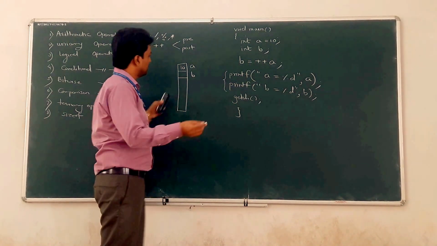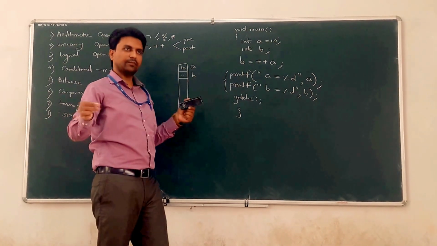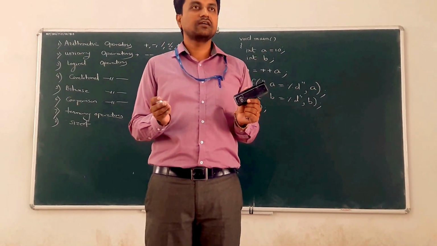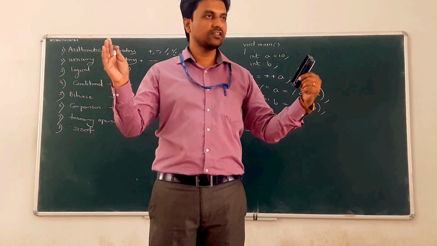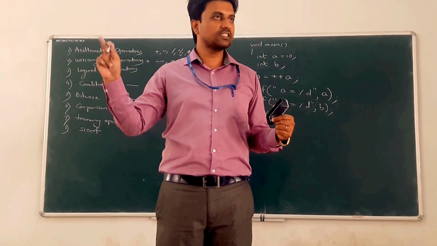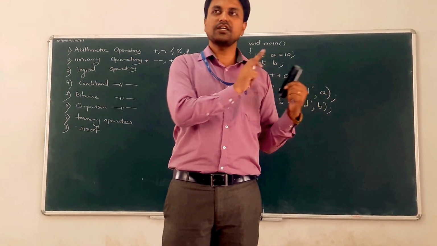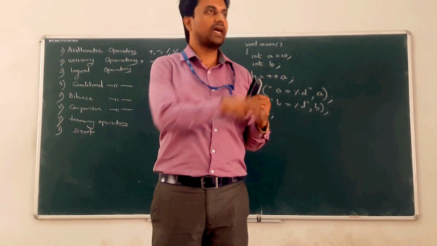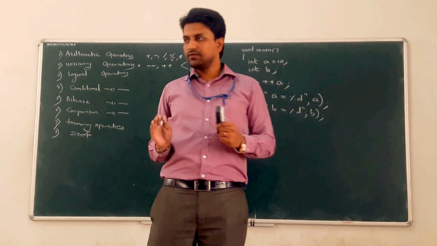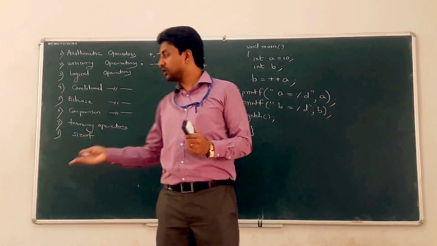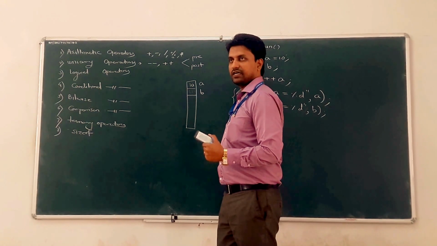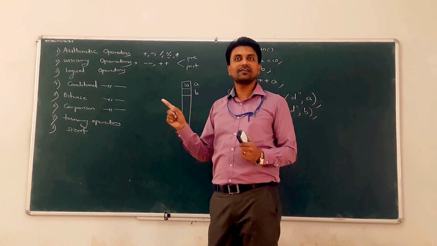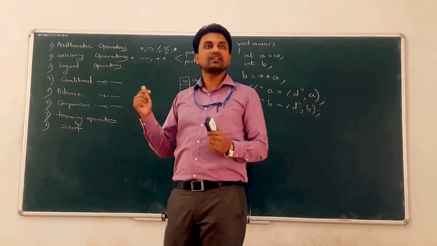And what is the value of B? Garbage. So we cannot predict it. It may be anything, but it is between the range plus 32,767 and minus 32,768. Look back at tracing, how it works. Clear? When you add a value more than that, because it is a signed integer. Again, int means signed integer. The last bit is reserved for the sign: 0 for positive, 1 for negative.